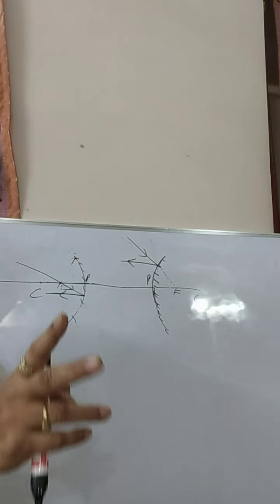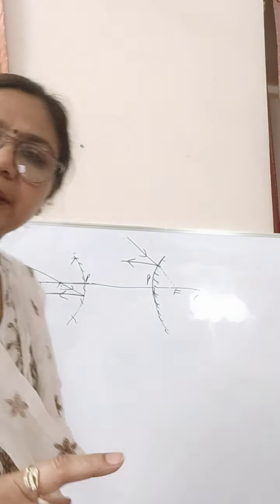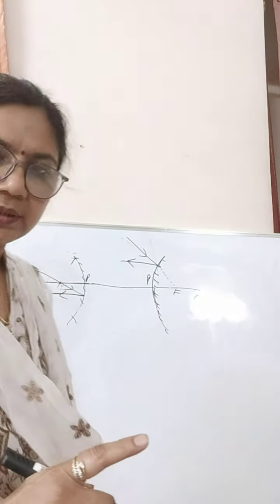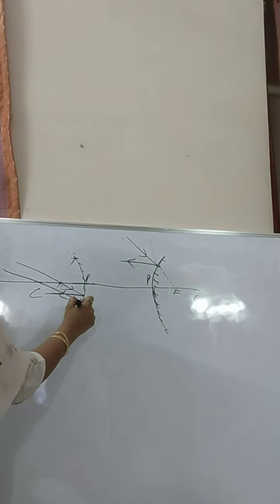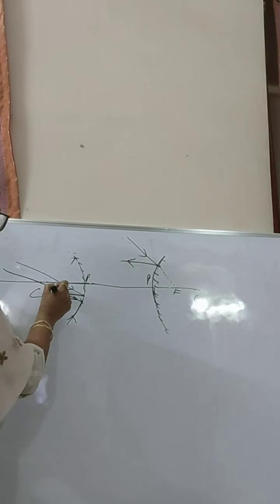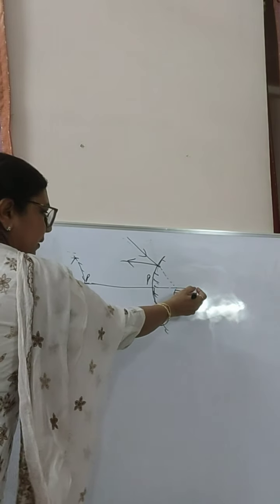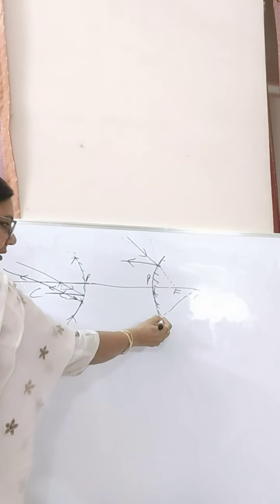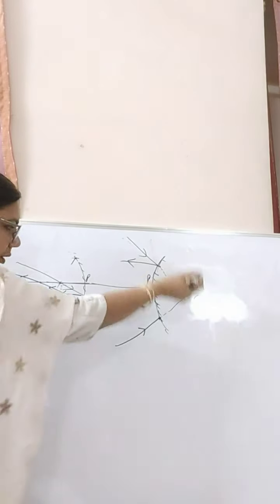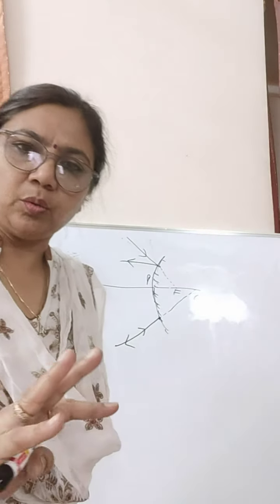Okay, second rule. First rule was the ray which is parallel to the principal axis. Here the second rule is that the ray which is passing through the focus or going towards the focus. The third rule is the ray which is passing through the center of curvature. It will be incident perpendicular on the surface, so it will retrace its path, meaning it will go back along that path. In this case, the ray which is going towards the center of curvature, after reflection from this surface, will reflect back. It will not go at the back, but reflect back, or it will retrace its path. So these are the three rules of reflection.